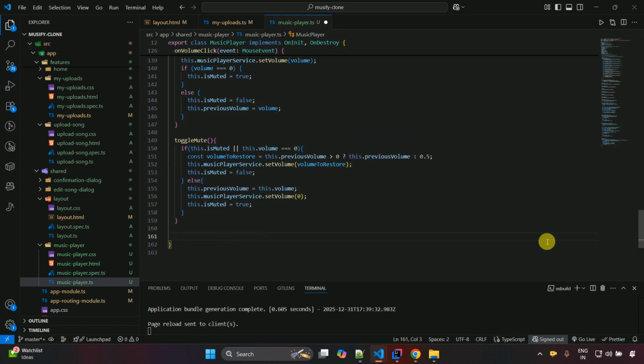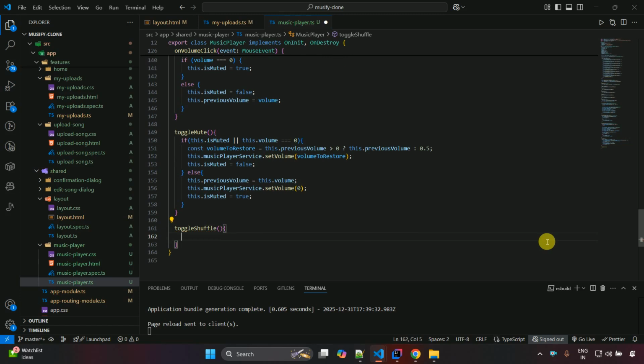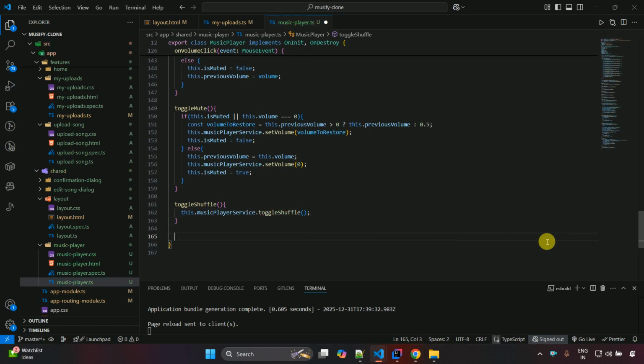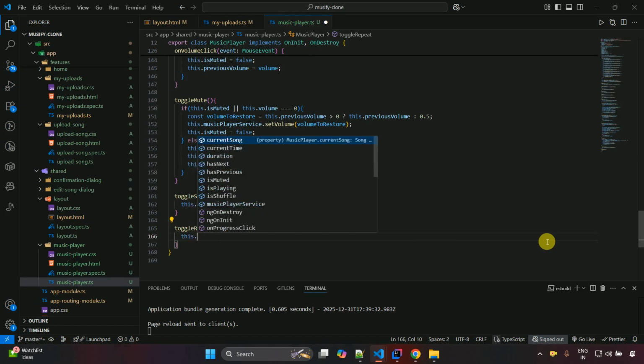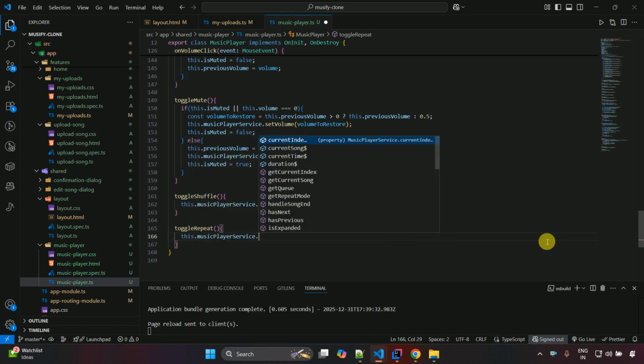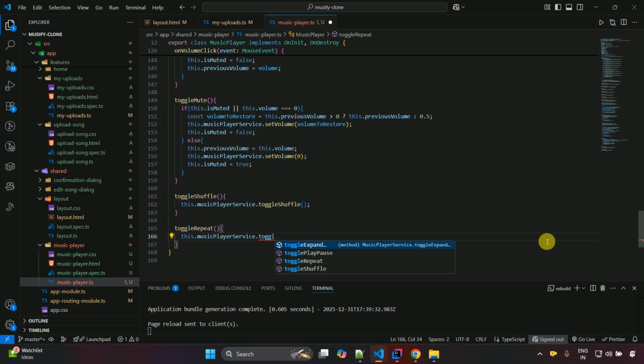And after that, toggle shuffle, and this.musicPlayer.toggleShuffle, and after this one, toggle repeat, and this.musicPlayerService.toggleRepeat. This method we have to call,